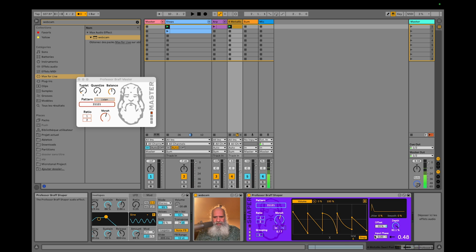So one last thing is this input phase field that's kind of new also. This is essentially useful in arrangement view. So the MIDI patches, so arpeggiator and the steps, in arrangement view, they will resync each time there's a clip start in your track. But that doesn't work for the audio devices, so Shaper and LFO that I will show you later. So in order to resync it, to adjust the phase, depending on where you are in your arrangement,